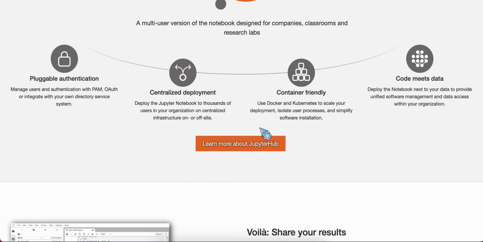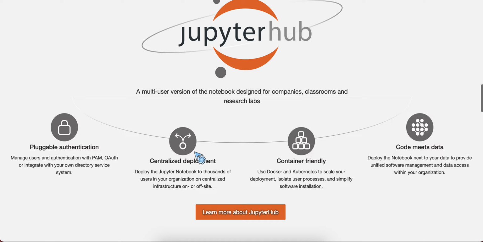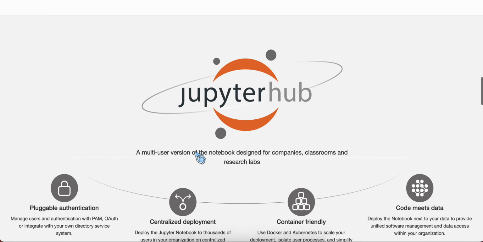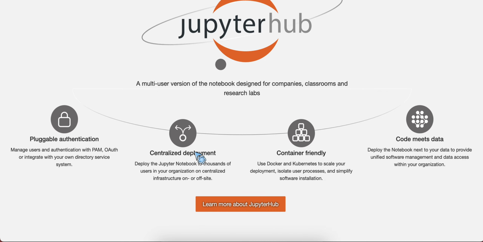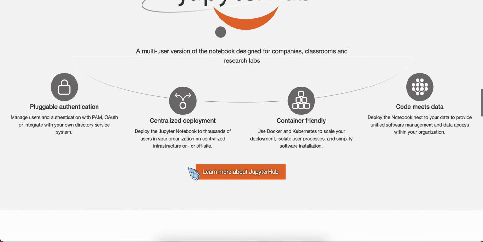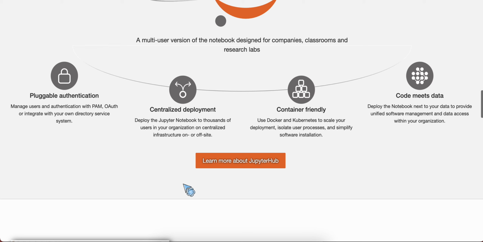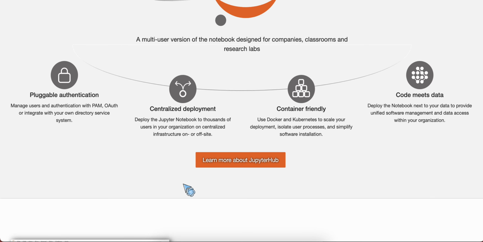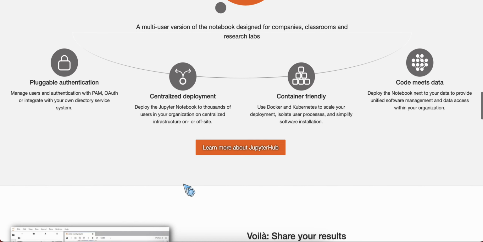Still pending. So we can read more about Jupyter. JupyterHub is a multi-user version of a notebook designed for companies, classrooms, and research labs. They have pluggable authentication, managing users and authentication with PAM, OAuth, or integrating with your own directory service system. They have centralized deployment. Deploy Jupyter Notebook to thousands of users in your organization on centralized infrastructure, on or off